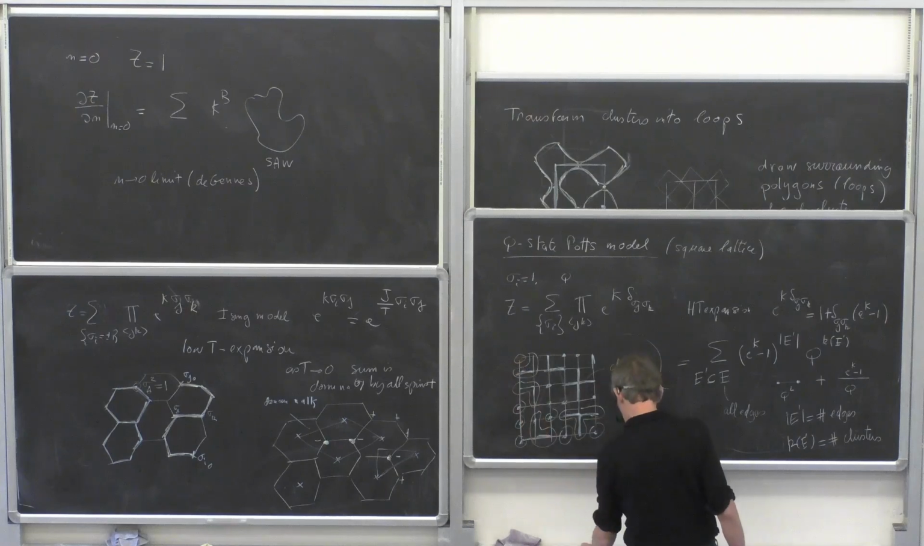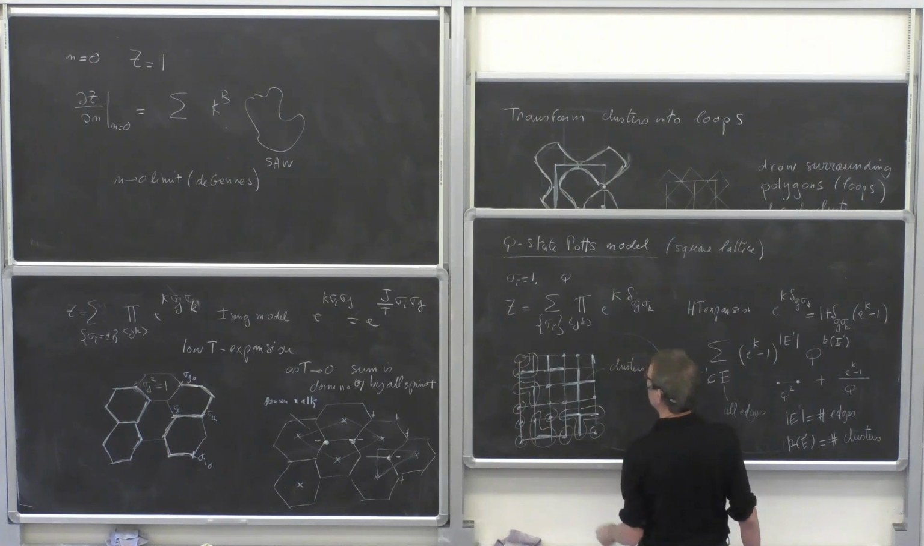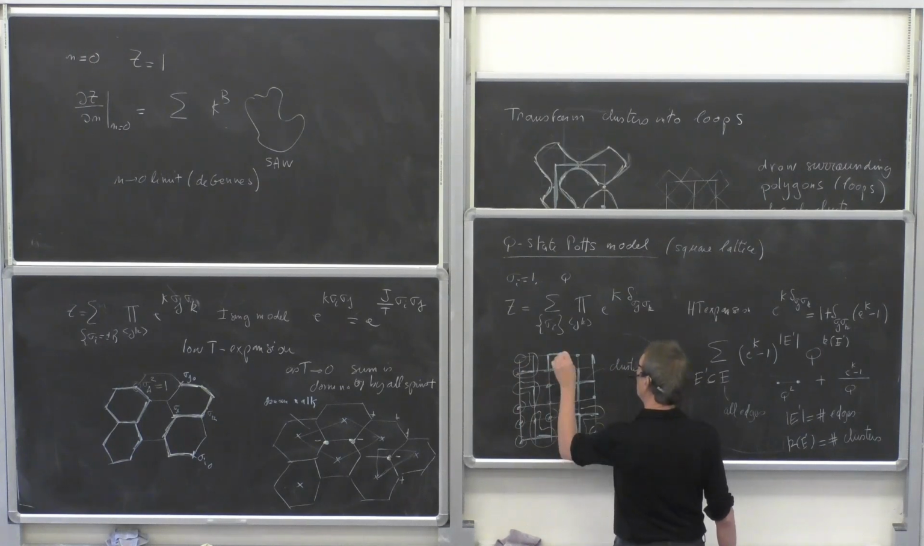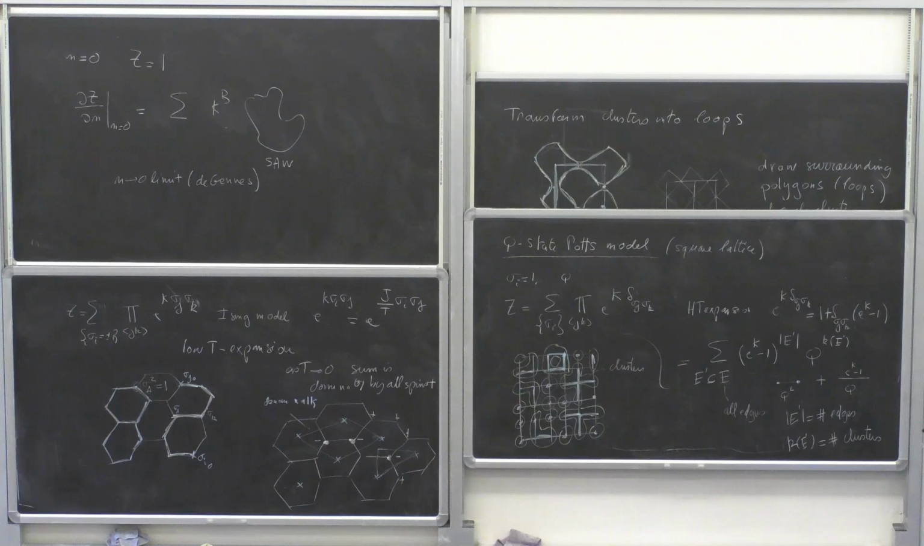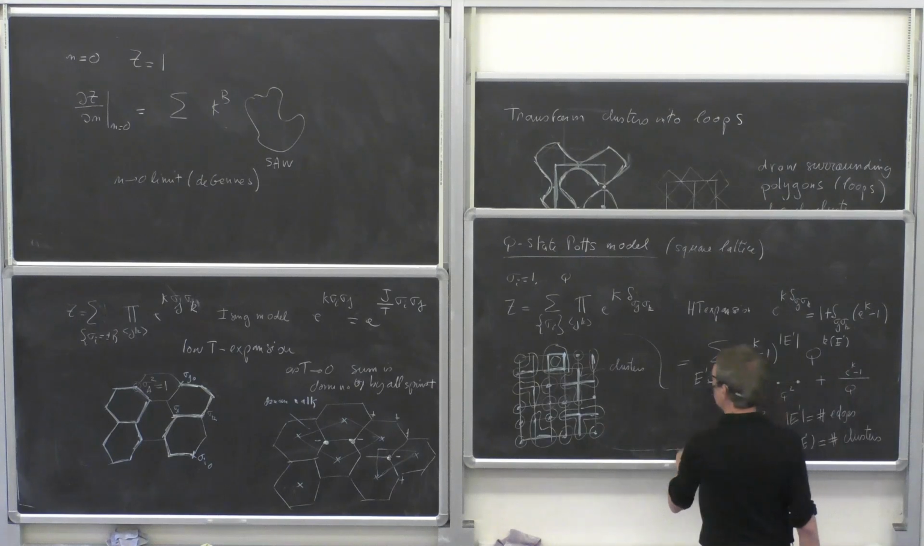Okay, so let me have one loop, one circuit, for instance. So these are my polygons. And now I have one inside and one outside. Okay, that's what I do. Boundaries of these